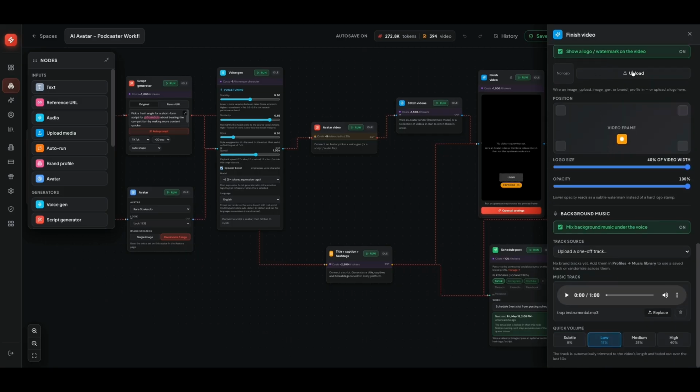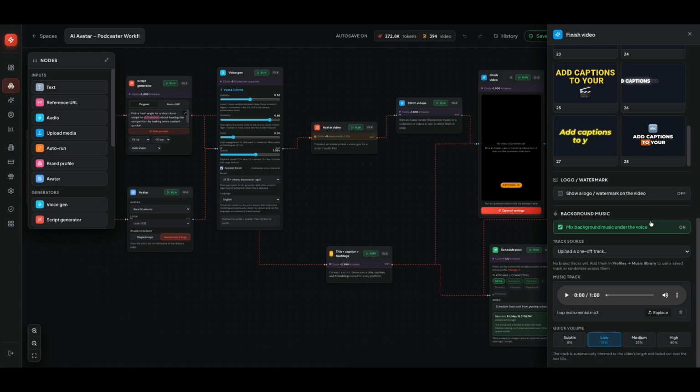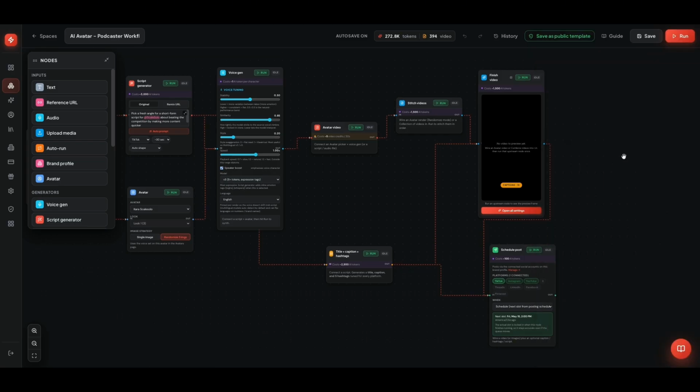You can upload a logo or a watermark and change where it sits on your video, which is pretty cool as well. Since we don't have one, we'll turn that off for now. Background music we can turn on, and then we can use any track we've already uploaded. You can see here I have an instrumental, so this will be in the background of all the videos,